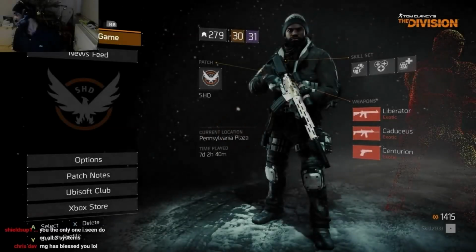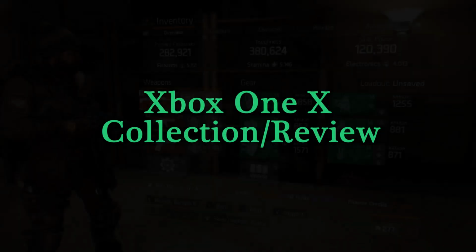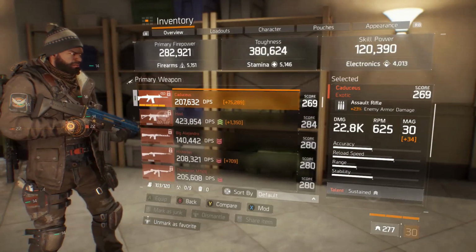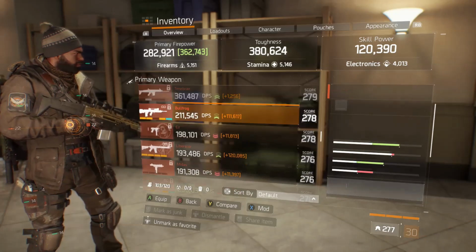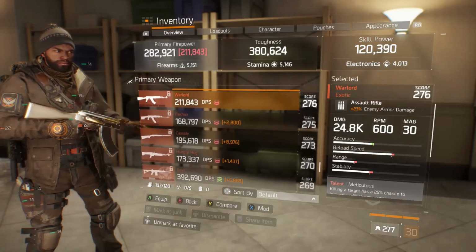Alright, we're gonna start off with the gear hunt aspect, which took me a total of 7 days and 2 hours to collect all exotic weapons, exotic gear set pieces, as well as classified gear set pieces that are in the game. Alright, now the gameplay aspect of the Xbox One X coming from the PS4 was quite frankly